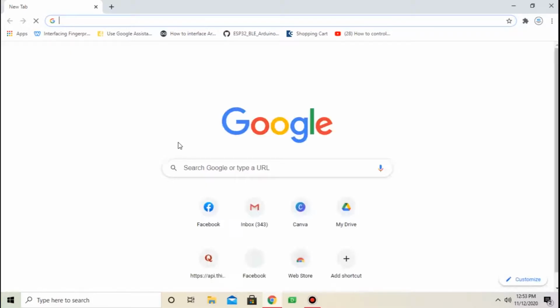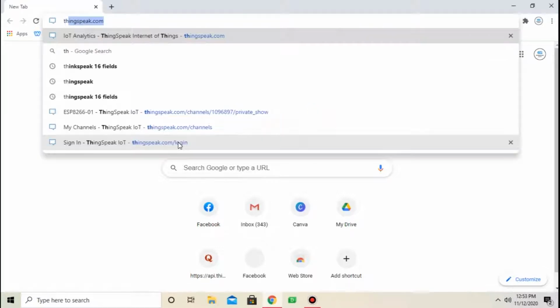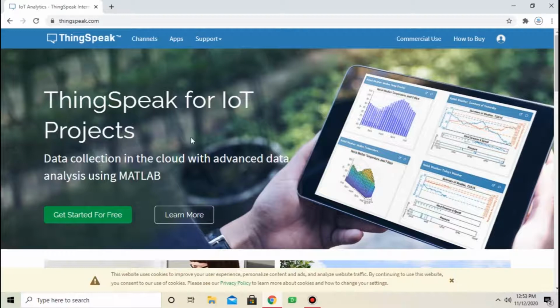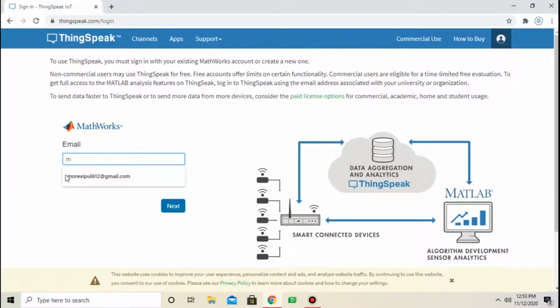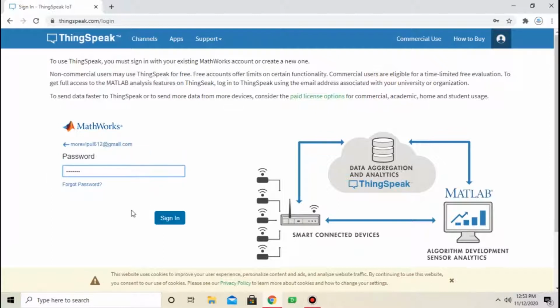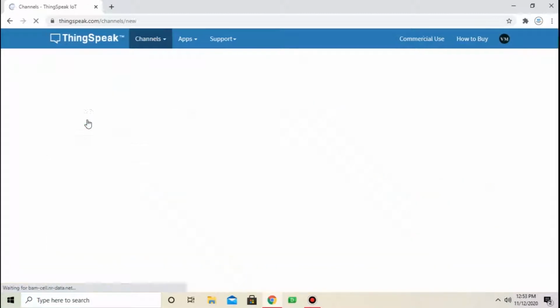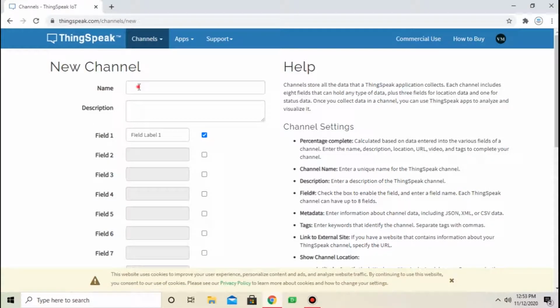Open Google Chrome. Search for thingspeak.com. If you don't have an account, then create one first. I already have an account. Write user ID and password. Click sign in option. Select new channel. Assign any name. I am going to assign control LED.